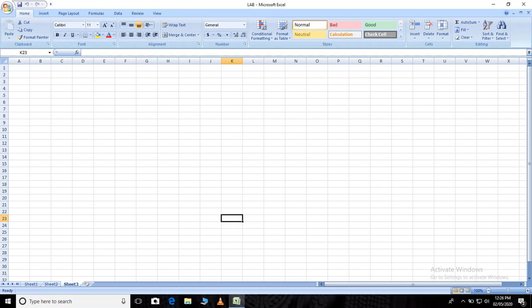Means you have to create or develop Excel spreadsheets for the different items used in civil engineering. Okay, for those we have to create Excel spreadsheets.